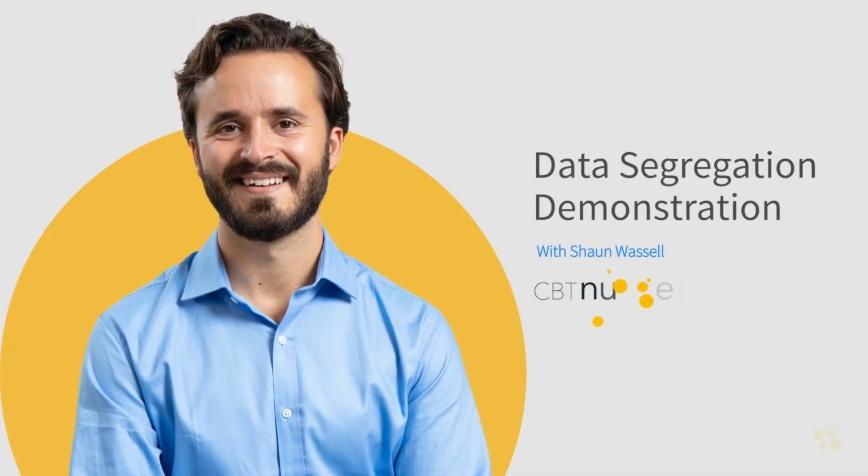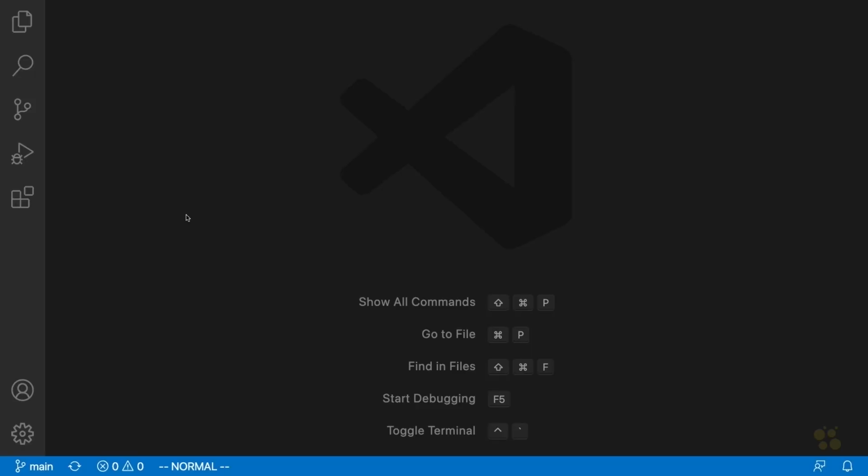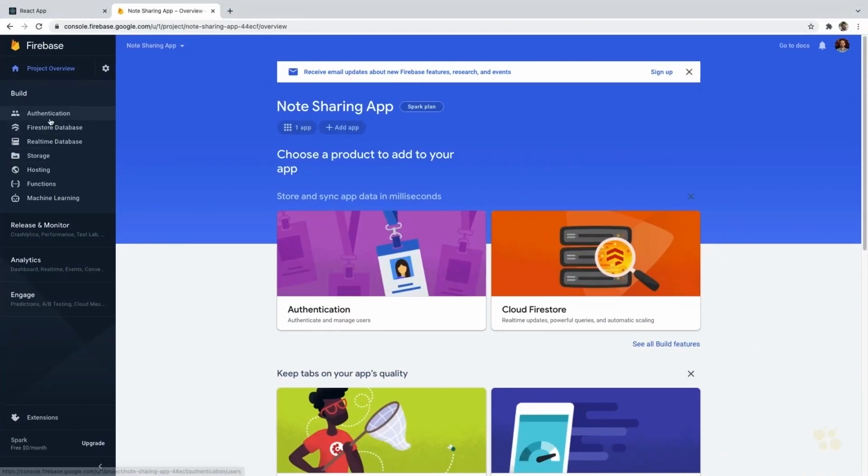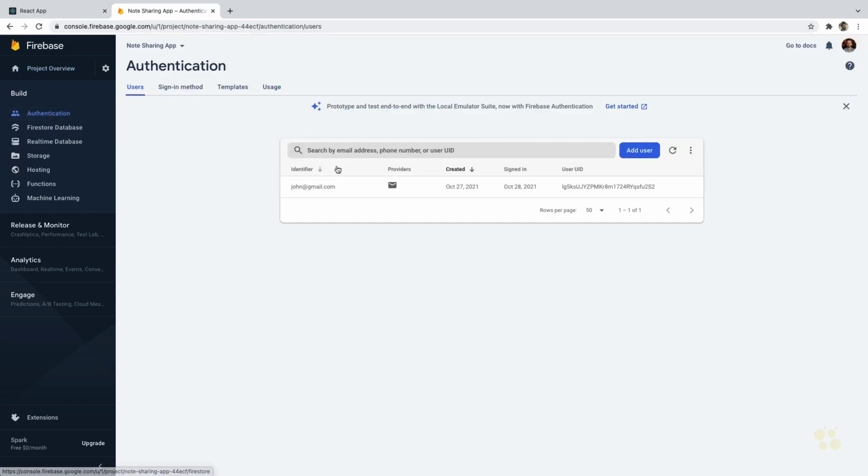All right, so to get started here, I want to do a quick demonstration of our app so far and how it allows us to keep users' data separate from each other. Currently we've just been developing our app with a single user, and I have the Firebase console open here. I'm just going to go into authentication. Basically all of the notes and all of the interaction that we've done with this app have been done through this single user. But now that we've actually implemented basic data segregation, so to speak, we can actually create